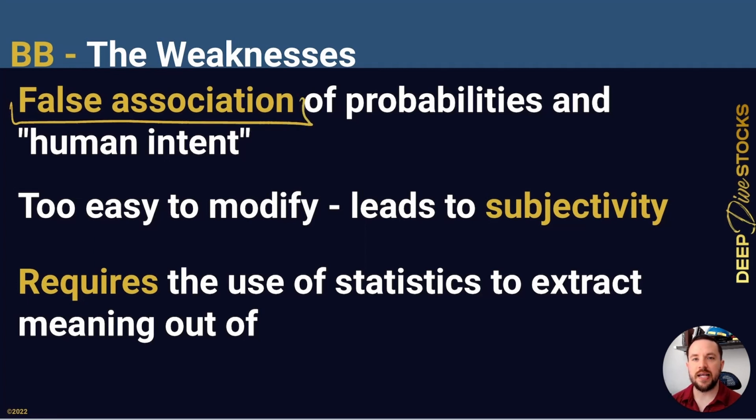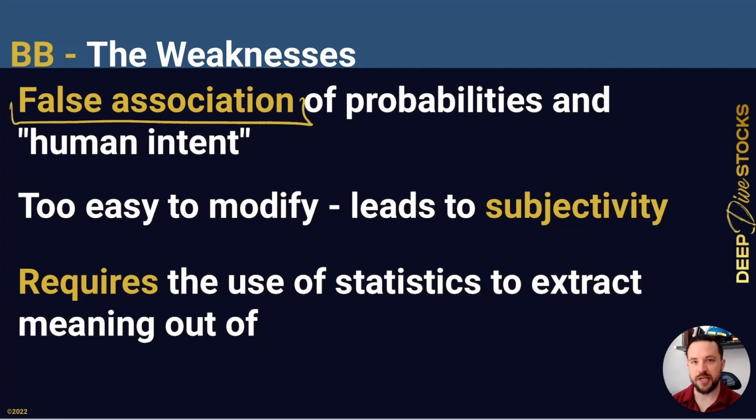The idea is that if the price action is unlikely, it is associated with human intent. We're going to dig more into that later. But just, unlikely price movement may just be unlikely price movement. There may not be a component of being overbought or oversold associated with that, because the inclination or